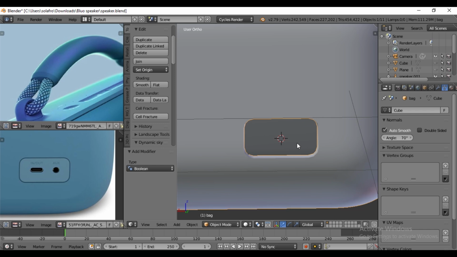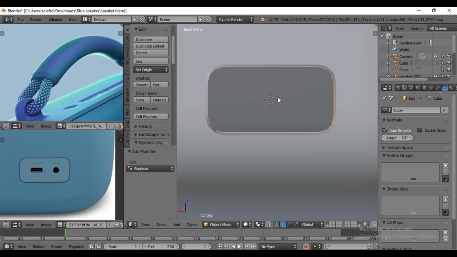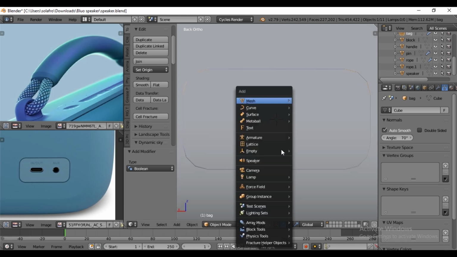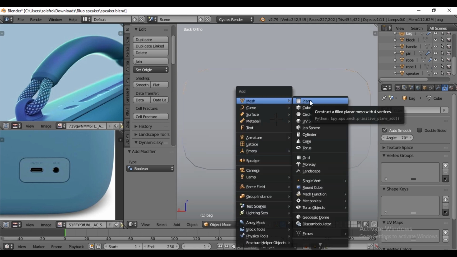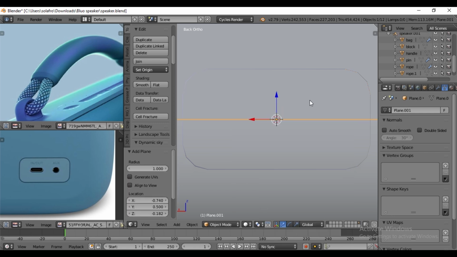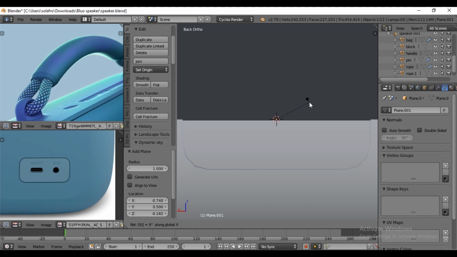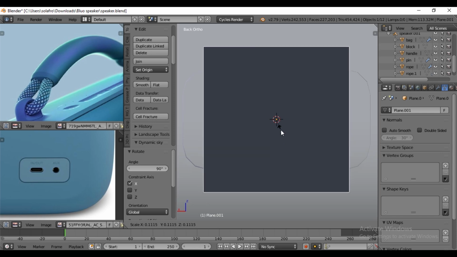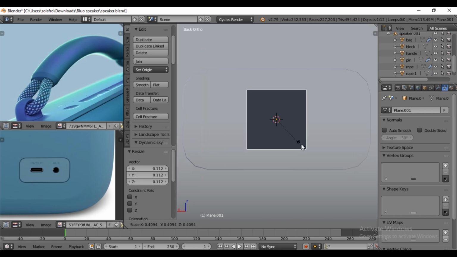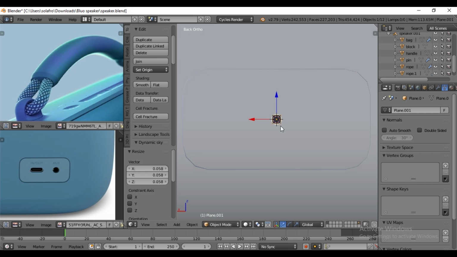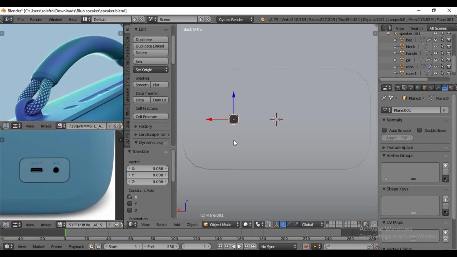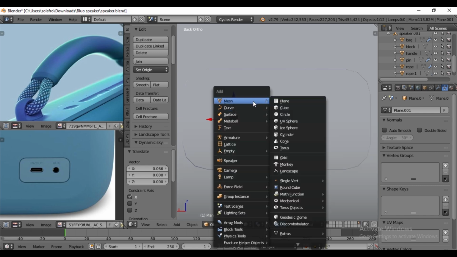Now we have to create a charger and a microphone slot for the speaker. So unhide the speaker, Shift A, then add plane. Then rotate by pressing R in the X-axis 90 degrees. Scale by pressing S. Move the plane in the X-axis. And again by pressing Shift A, add a circle,